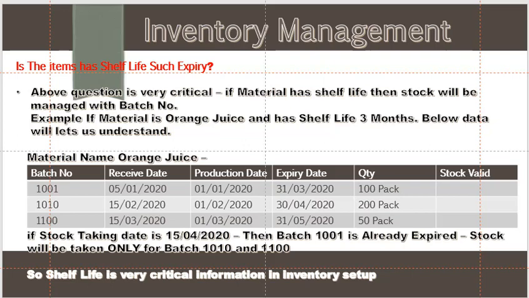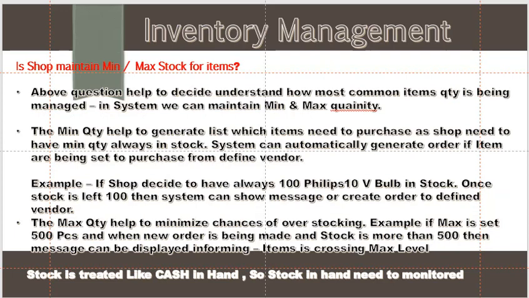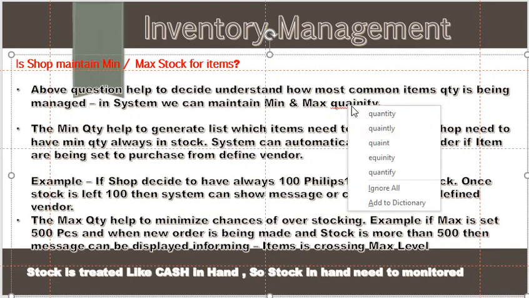But this is always used in a pharmacy and in the food sector. Does the shop item have a min or max stock? If yes, then the above question helps to decide and understand how the quantity of the most common items is being managed. In the system we can maintain min and max quantity. So what we are trying to do here basically,